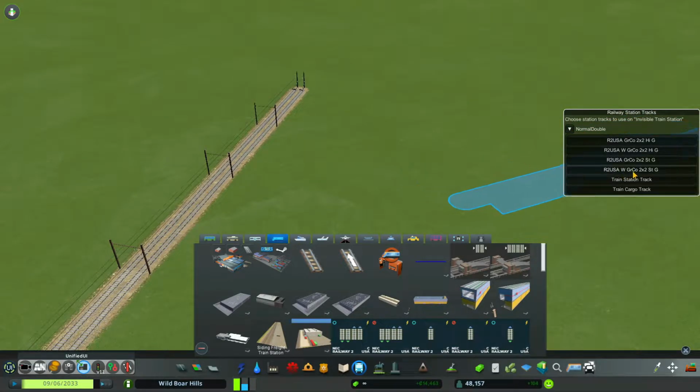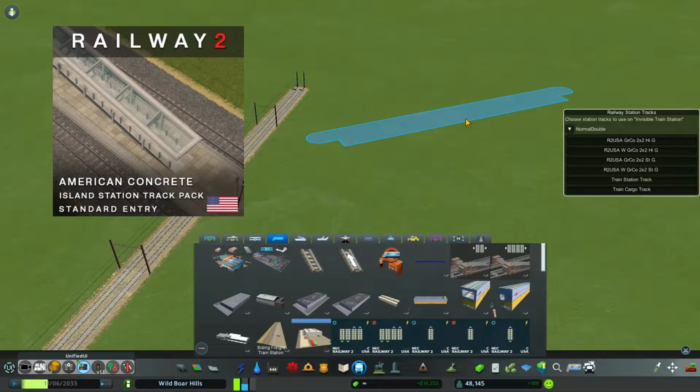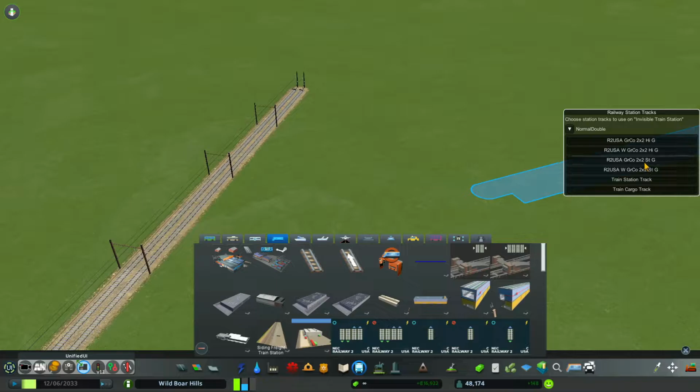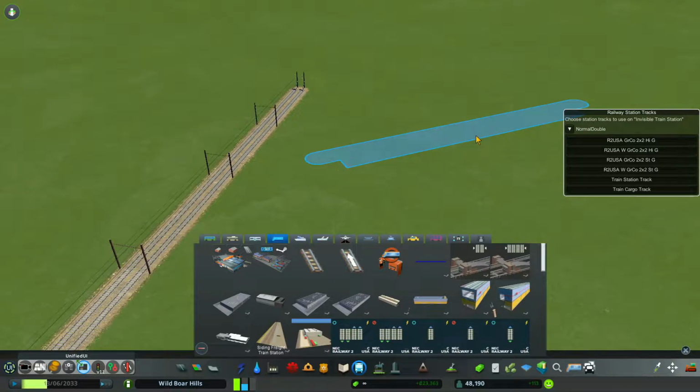And I'll select my track, 2x2 standard entry ground level. In previous videos, I installed Railway to American concrete island station tracks, standard entry. You probably saw them in my menu. They don't have an ST here, they have an SP. Those are for concrete island stations, like the one we're going to put in. But I'm finding these work, and it cuts down on the number of assets and the number of icons in